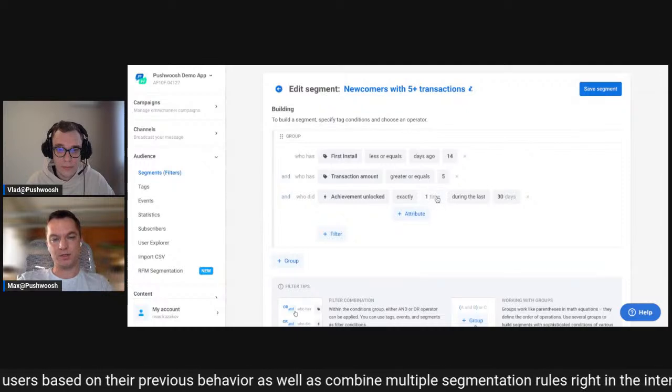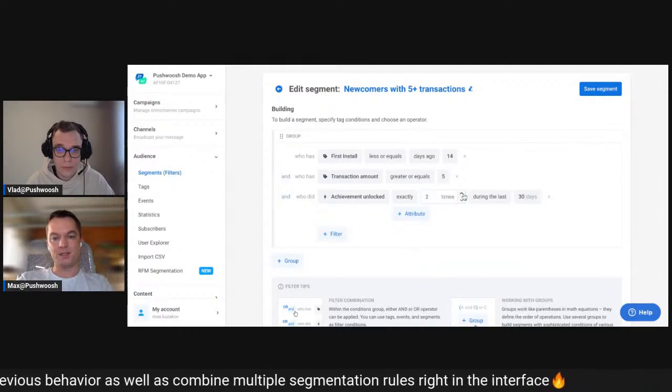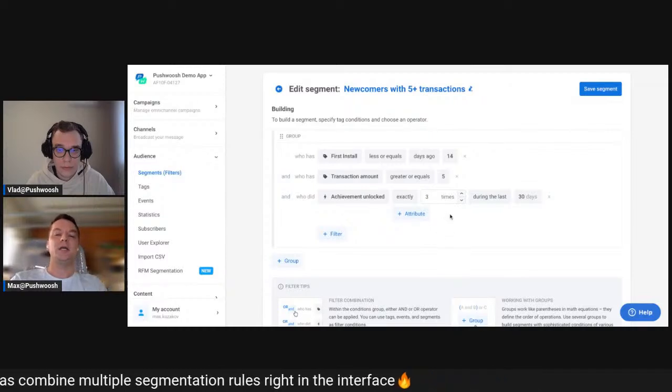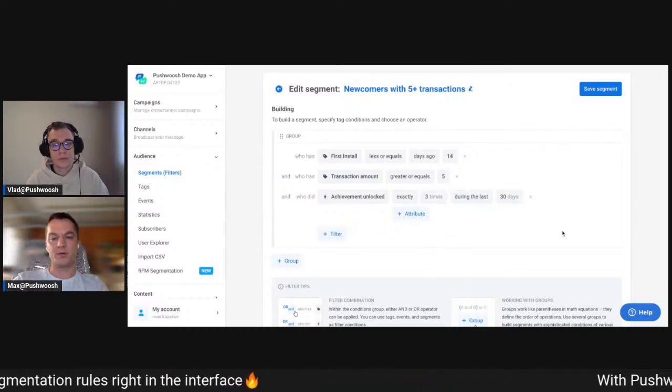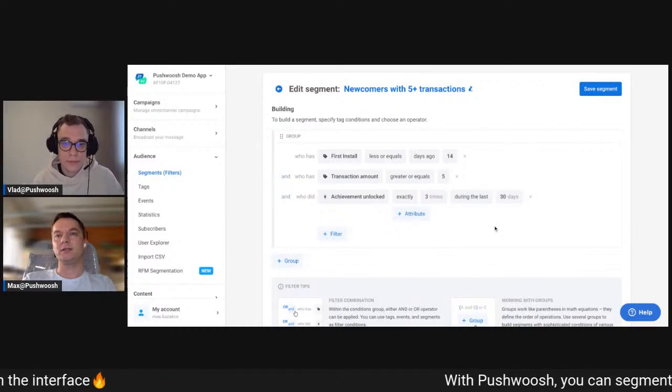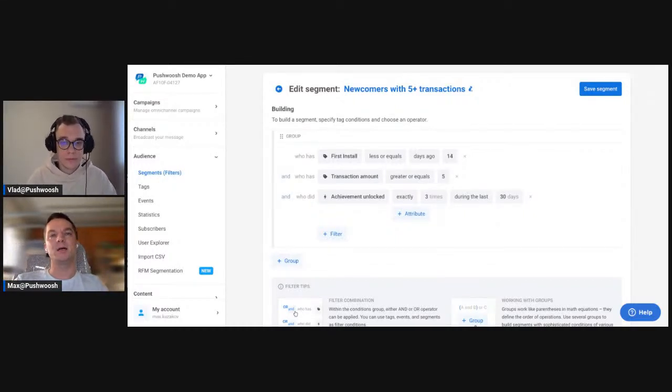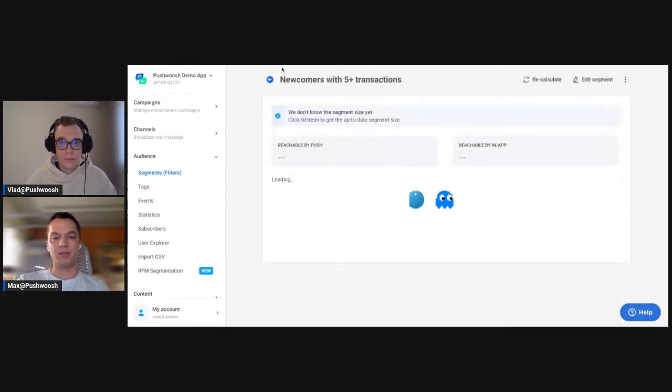outline users who made exactly 3 partner achievements during last 30 days. This is how currently in Pushwoosh it is possible to combine tech conditions or user properties and specific values related to their activities. Using those capabilities, you will be able to build any segments that contain specific user preferences, properties, and meanings of their actions within your application.